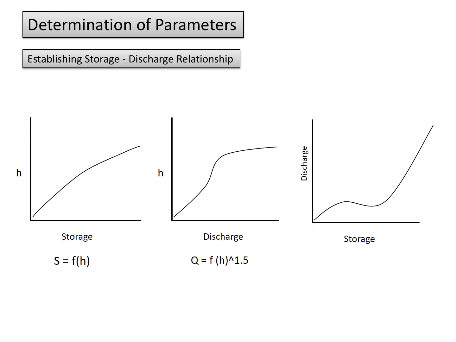One of the most challenging problems in flood routing is the determination of the parameters. I am discussing it in a much simpler way. There are only 3 parameters, or 3 graphs, that we have to evaluate before the flood routing, as shown in the slide. The first one is storage versus height, the second one is discharge versus height, and by using these 2 graphs we can generate the third graph, that is storage versus discharge.